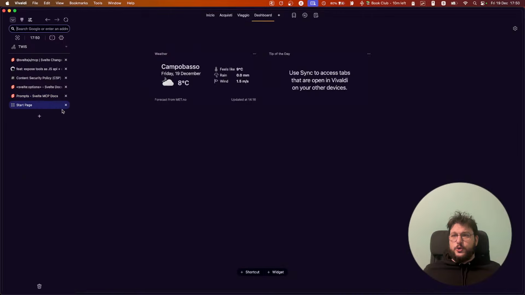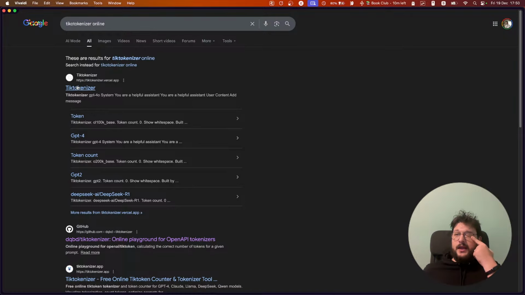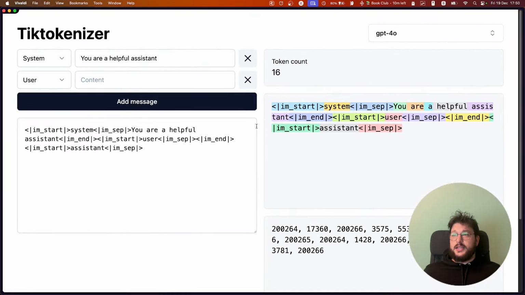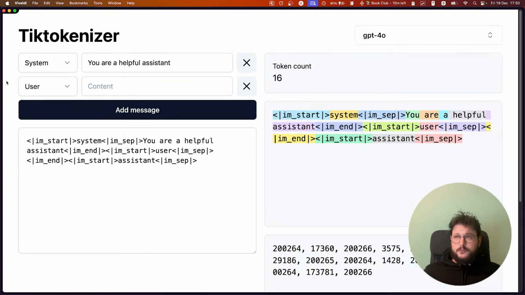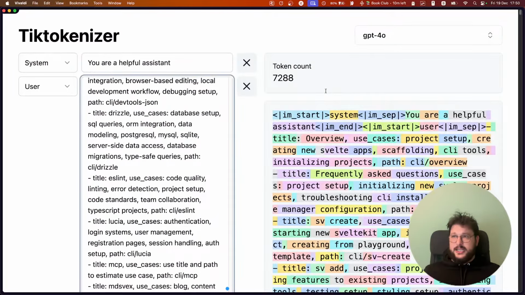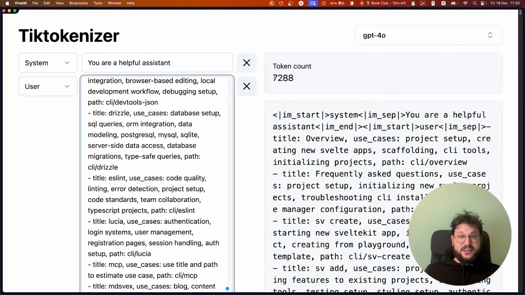But if I go to, I don't know, a tokenizer online, this is the tokenizer that OpenAI is using. If I put this here, you can see that the whole list is like 7K tokens